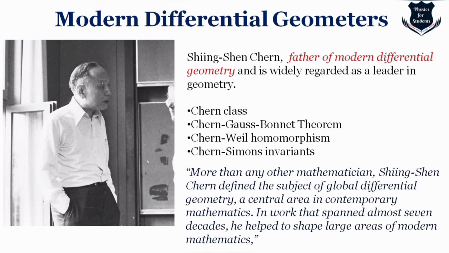Well, to be very honest with you, I have read about Shiing-Shen Chern and it is too technical, but you can consider that he has a huge amount of contribution in terms of differential geometry, developing Chern classes, and his works go from the general theory of relativity to invariant theory to cohomology theory, fiber bundles, sheaf theory and whatnot. So definitely Shiing-Shen Chern's contribution to modern differential geometry cannot be ignored, and he is rightly considered to be the father of modern differential geometry.